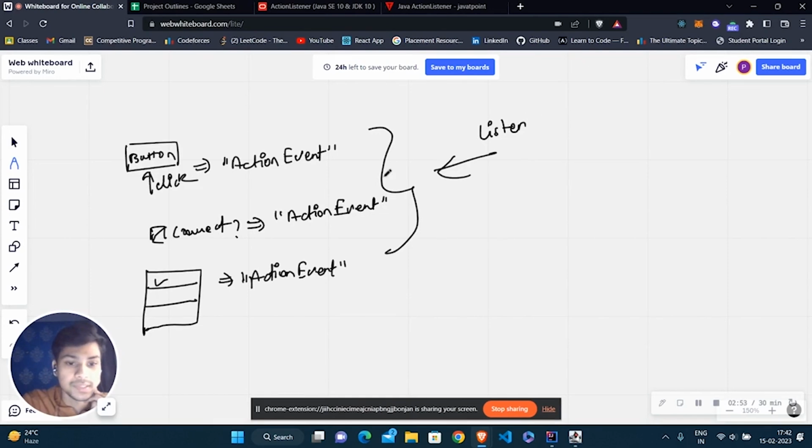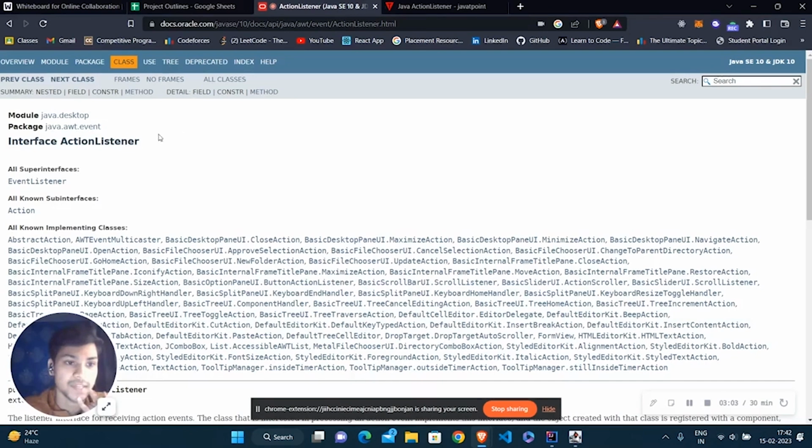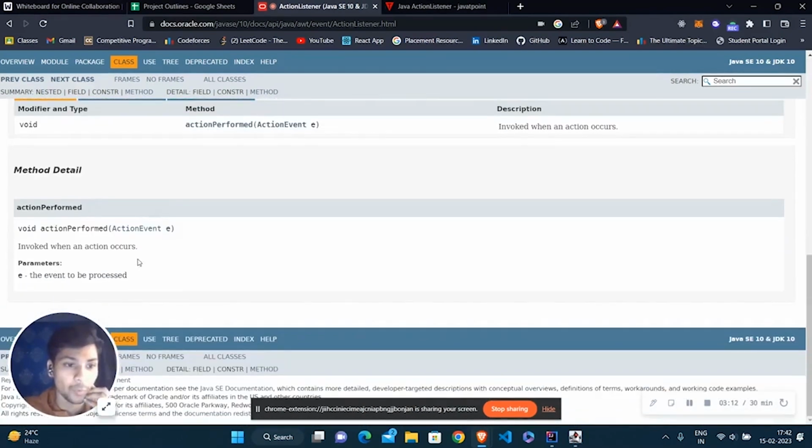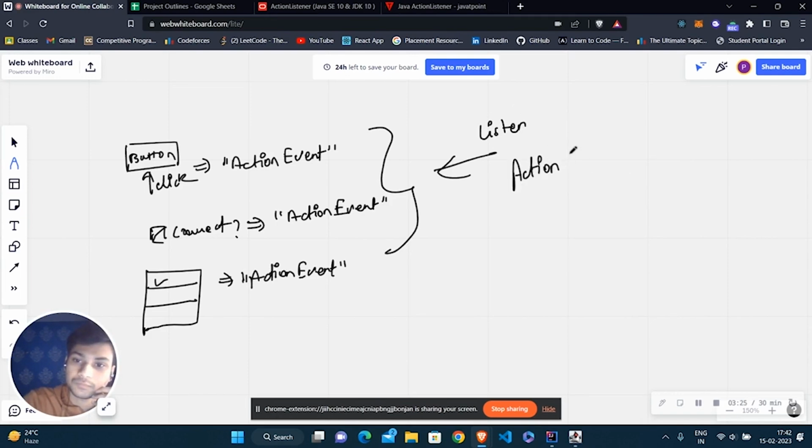So how do we listen to these types of action events? For our rescue, there's an interface in Java called ActionListener. It has only one method, which is actionPerformed.